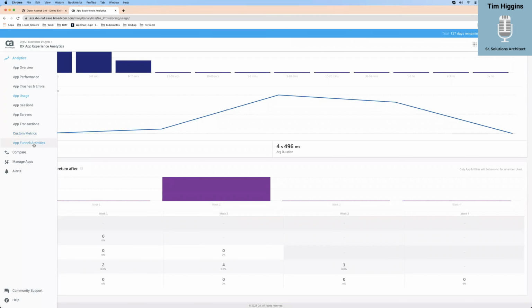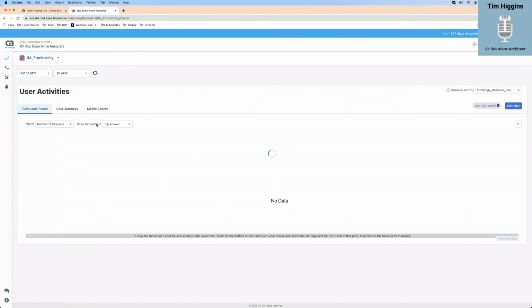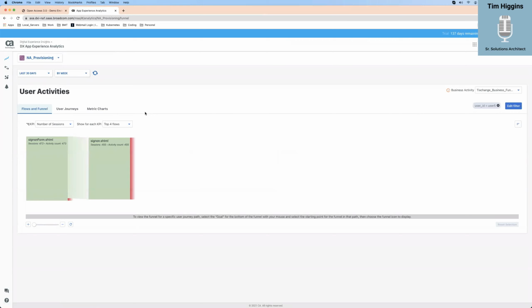Right? So if I click on this view right here, this is user activities, I can see that we've got some actions here. Users sign on and sign up. Now this can get very big. I don't know why my user's not doing much. Earlier it was really long, so it really just depends. But what's most important here is I've got these reds. So I can see that this had 18 drop-offs and this one had 455 drop-offs. Now, if that was any other kind of error, that would show as well.